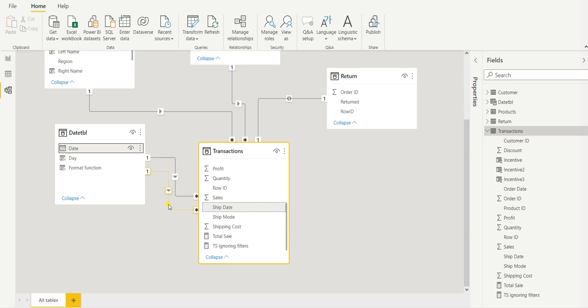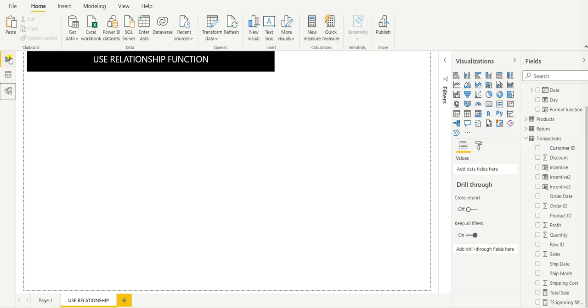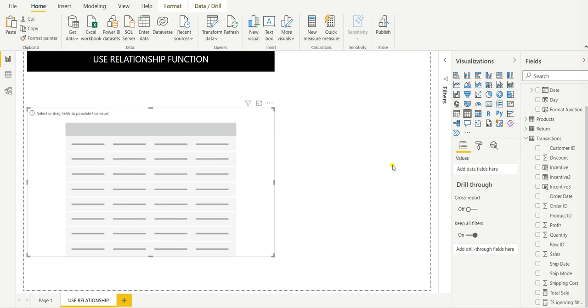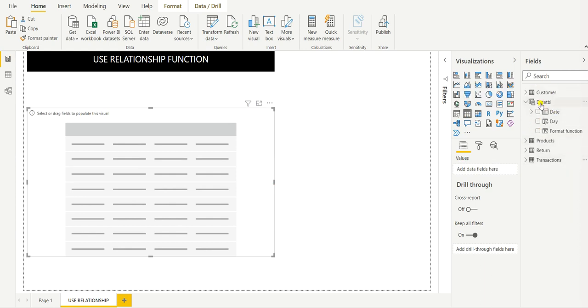So how can we get the data into the visualization? Let's insert a table. Let us drag the date from the date table. I hope you remember, if you have seen my previous video, we created the date table separately.